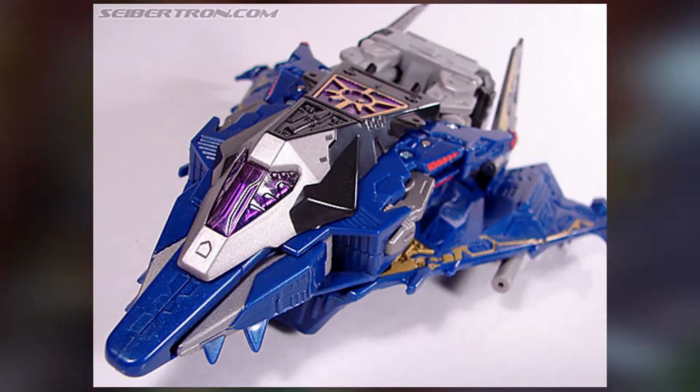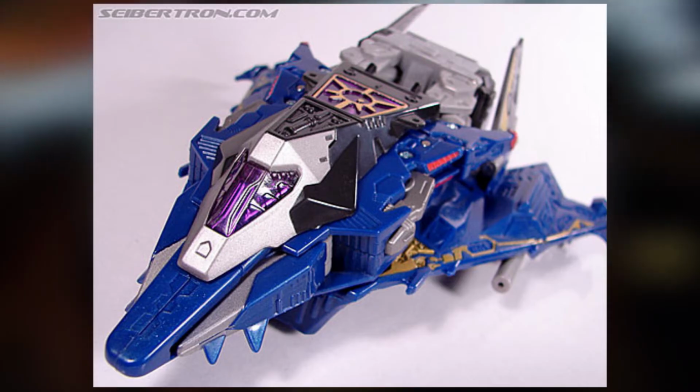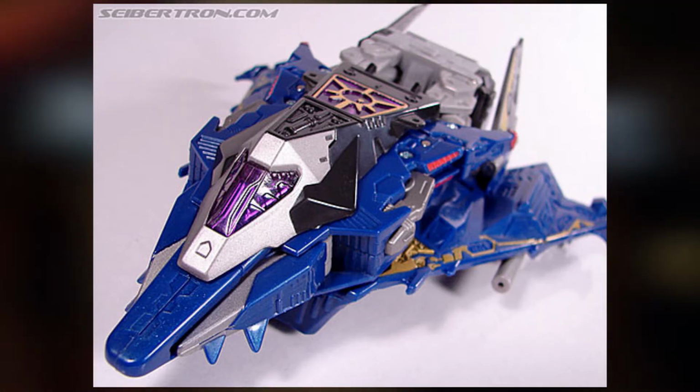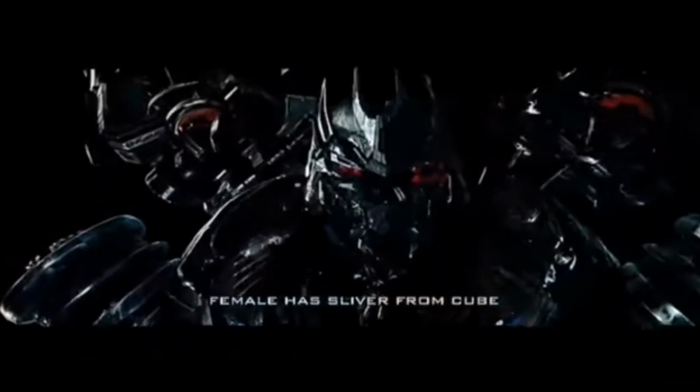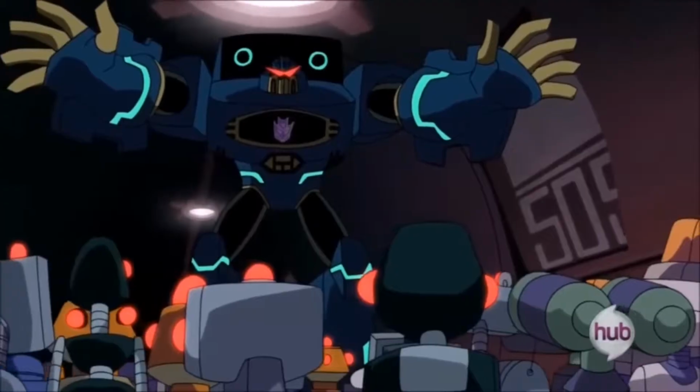And weirdly enough, the spaceship did kind of go on to give us a new design identity for Soundwave, as you'll see with some of the future figures. The next place Soundwave would show up would be the movies, but we're going to talk about the movies on their own later. Their next appearance in